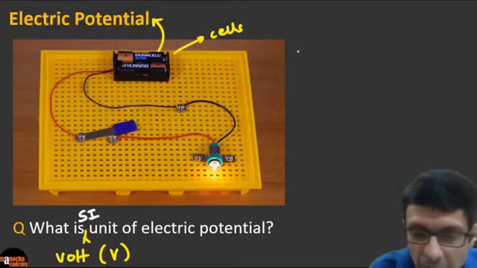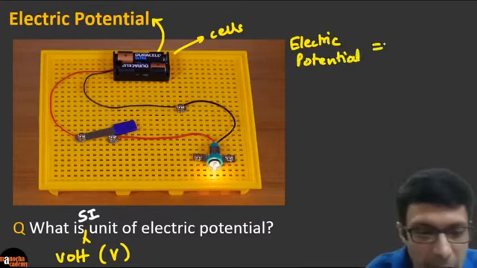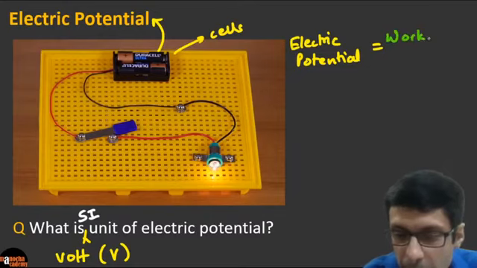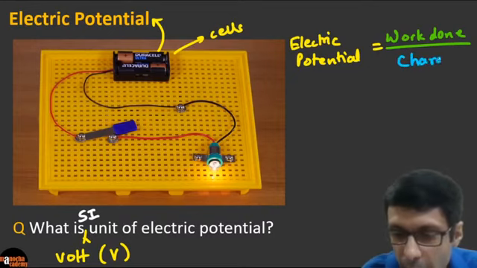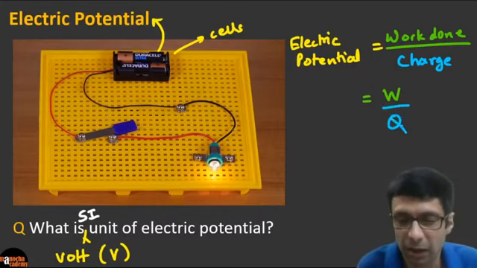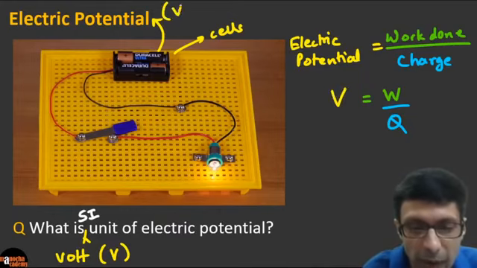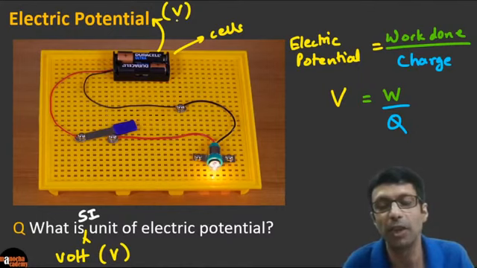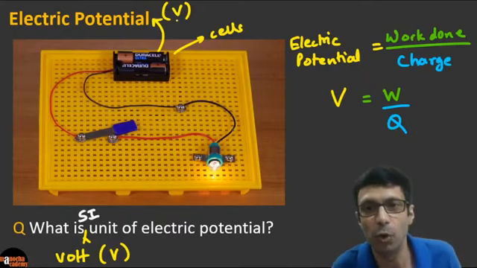And potential difference, let's again write the formula clearly. Electric potential is basically work done by charge, per unit charge. Very important formula, and you can also write that down as W by Q. So electric potential is W by Q, and the symbol for potential also is V. So the symbol for electric potential is also V, just like the symbol of the SI unit, volts, is V. So V is equal to W by Q.